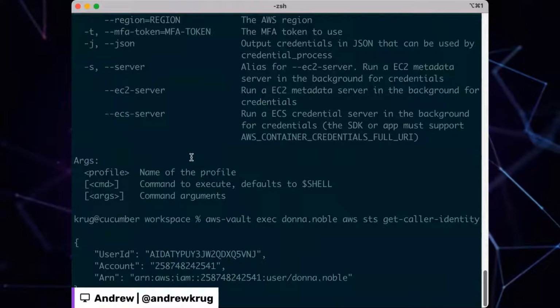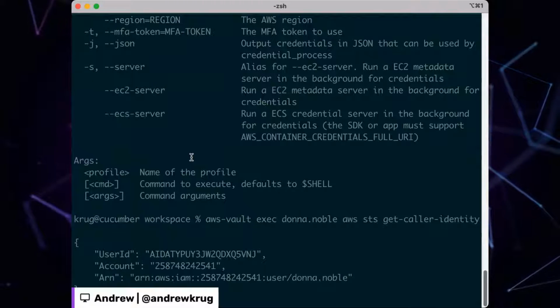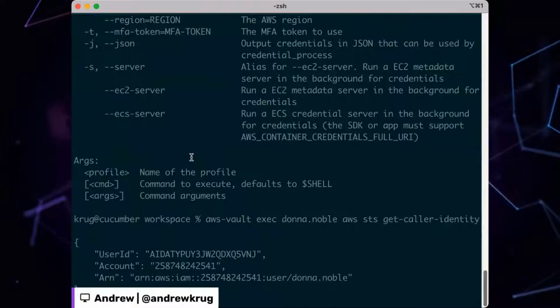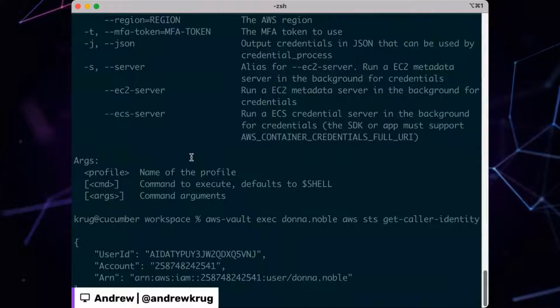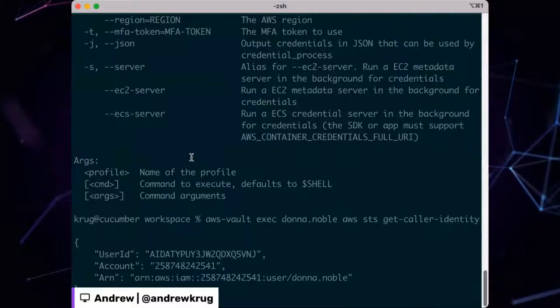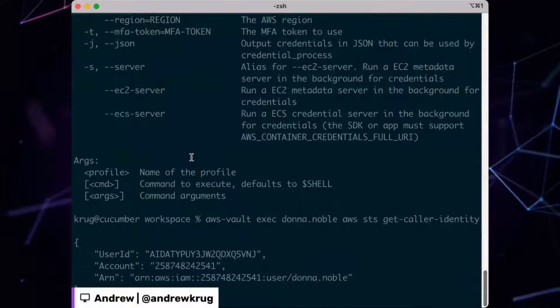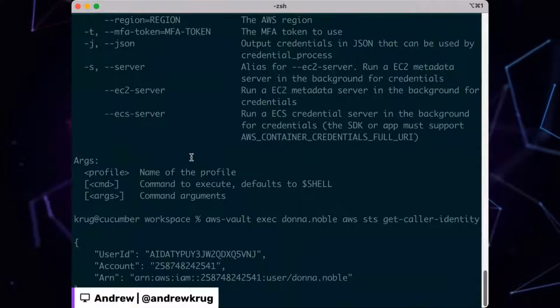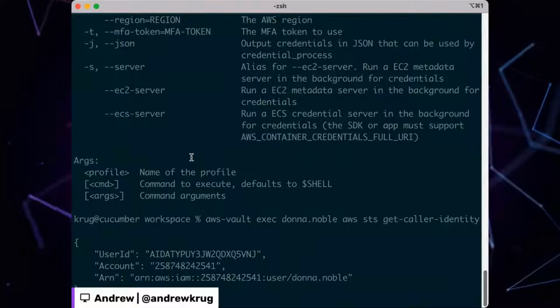So that's step one, right? We're storing our credentials at rest in a secure way on disk, so that malware or a phishing executable can't just go and snag them and use them to do something that we don't want.